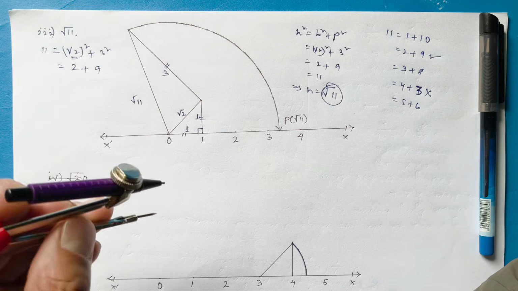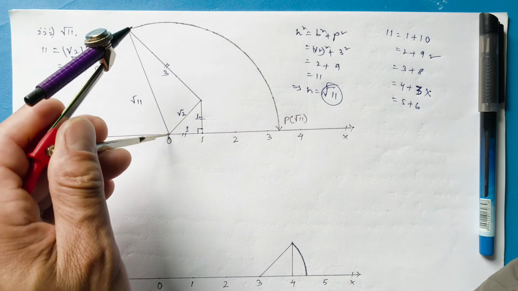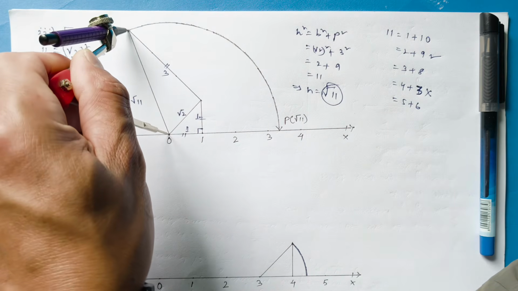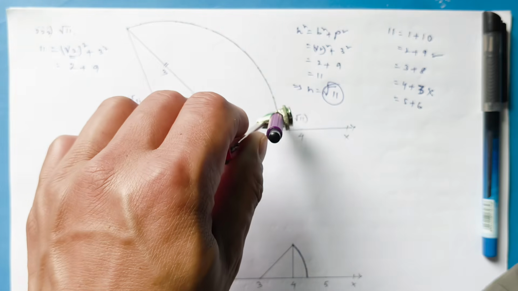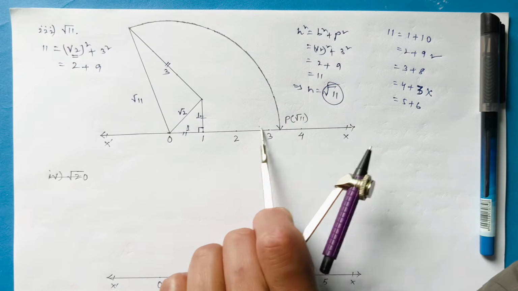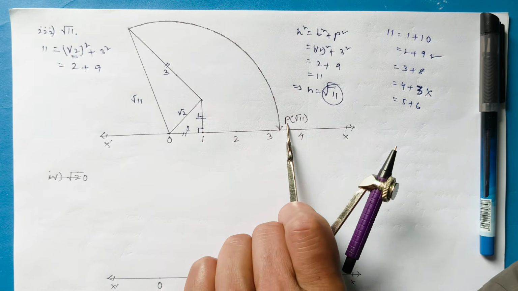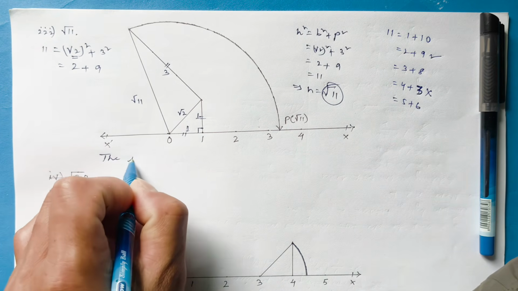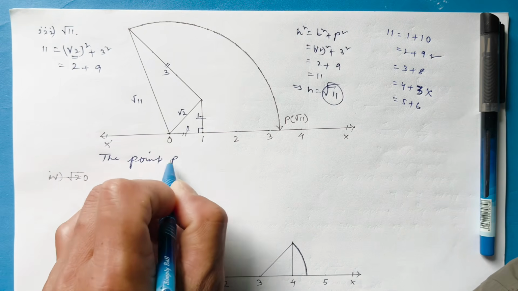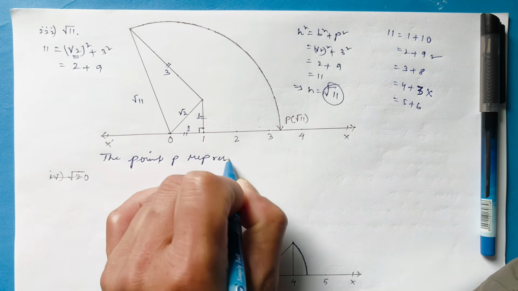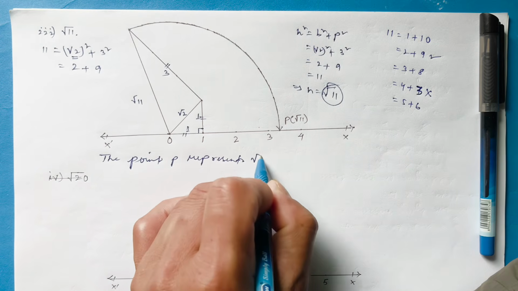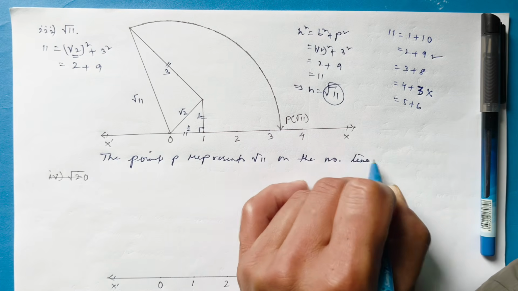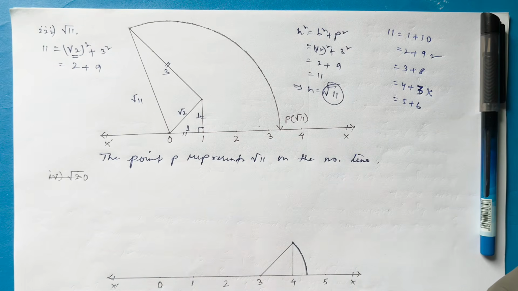Now, with center O and radius root 11, let us draw one arc. This arc will intersect at a point P. This P represents what? Root 11. Finished. Let us write the point. P represents root 11 on the number line. I think you will understand. And now,